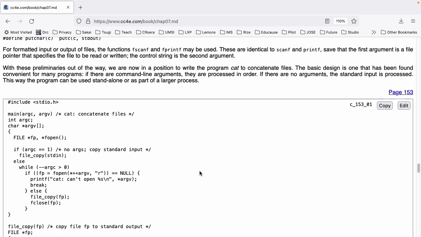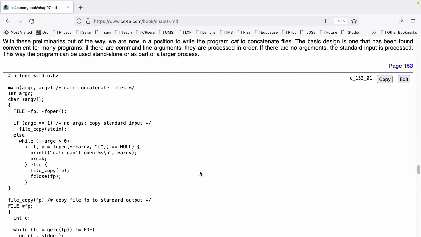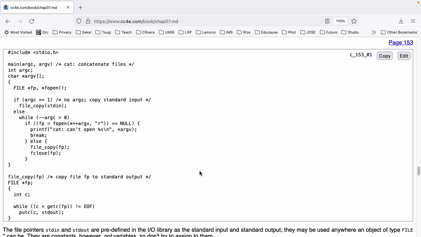With these preliminaries out of the way, we are now in a position to write the program cat to concatenate files. The basic design is one that has been found convenient for many programs. If there are command-line arguments, they are processed in order. If there are no arguments, the standard input is processed. This way, the program can be used standalone or as part of a larger process. This example is on page 153 of the textbook, and you can see it at